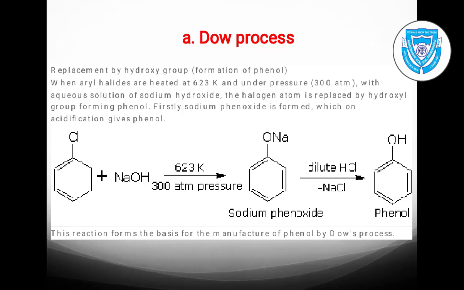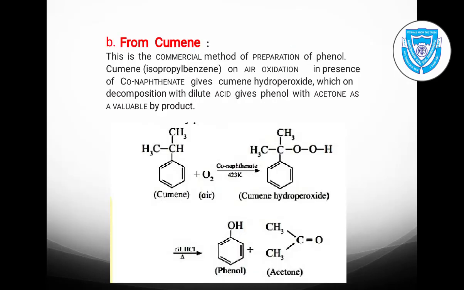Okay, so the next method of preparation of phenol is from cumene. Now, cumene is also called isopropyl benzene. Cumene on oxidation with air will give you cumene hydroperoxide. What happens in this case is, this oxygen will get clamped over here. So you'll get cumene hydroperoxide. This cumene hydroperoxide on dilution with HCl will give you phenol and acetone. This OH will go and attach over here, and this remaining part is removed as acetone.